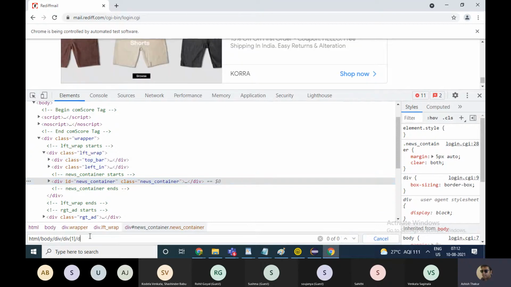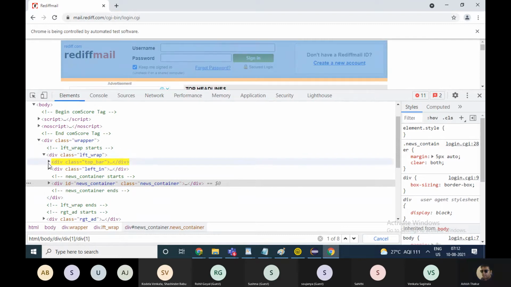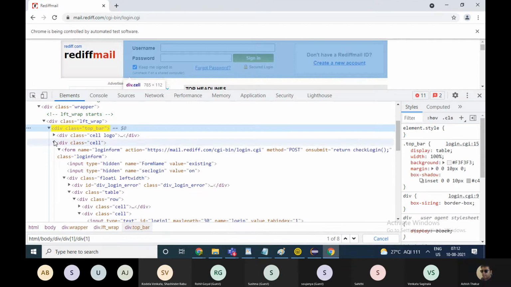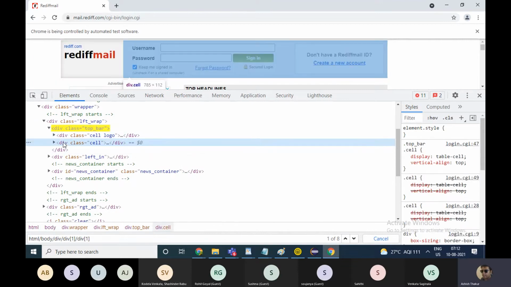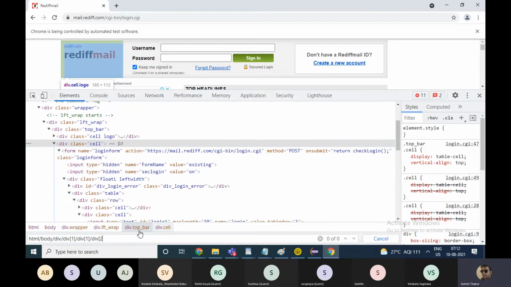So you will write slash div bracket 1 again. And under this division tag, there are two parallel divisions. You want to go inside the second division. So slash div 2.